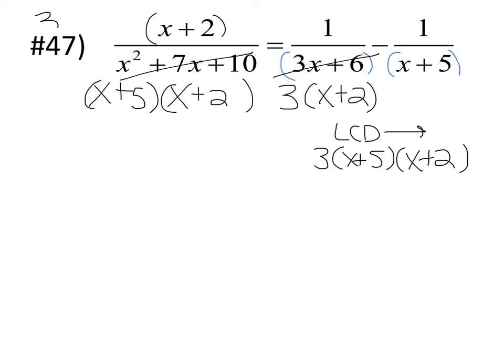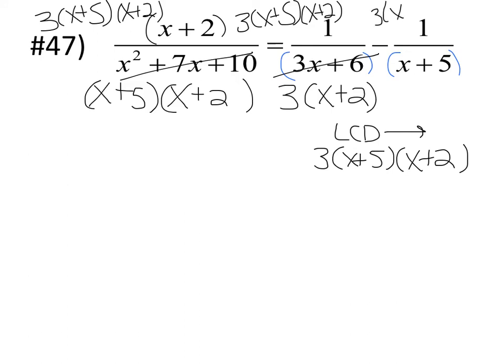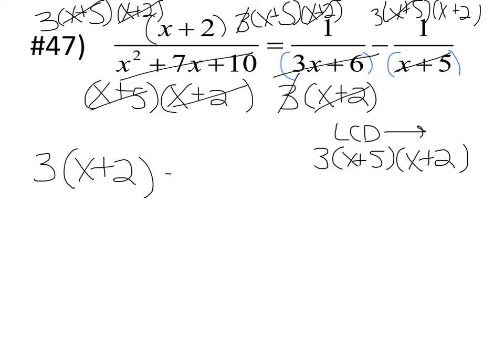This gets multiplied by each piece. So 3 times x plus 5 times x plus 2. Okay, let's see what cancels. Your x plus 5s and your x plus 2s cancel here. Your 3 cancels and your x plus 2s. And here just your x plus 5s cancel. So what we have left is 3 times x plus 2 is equal to x plus 5